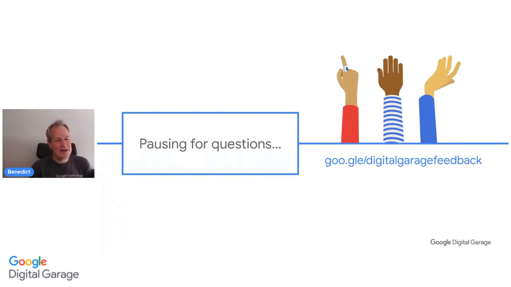Let me see now. So Mohammed asks, how to link my social media site with Google Analytics? Very good question. Excellent. So the big thing there is within Google Analytics, you can find out how people are actually finding your website. Now, this is all directed towards your website. So that's a way you would actually find the social media site, and you would go on to Google Analytics. Don't forget, we've got a talk particularly on Google Analytics to help you. If you're here in the UK, do book a session and we can take you through a little bit more step by step. But the thing is, through Google Analytics, you can actually find how people are finding you.